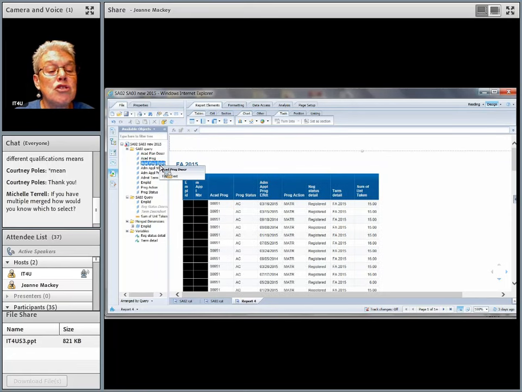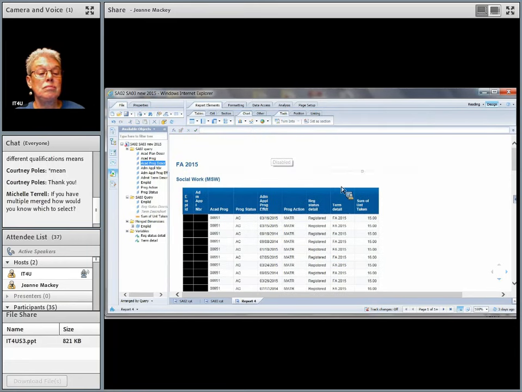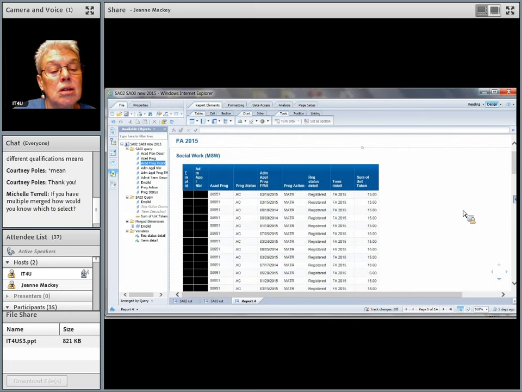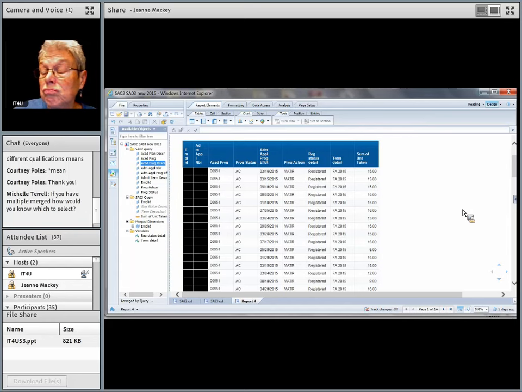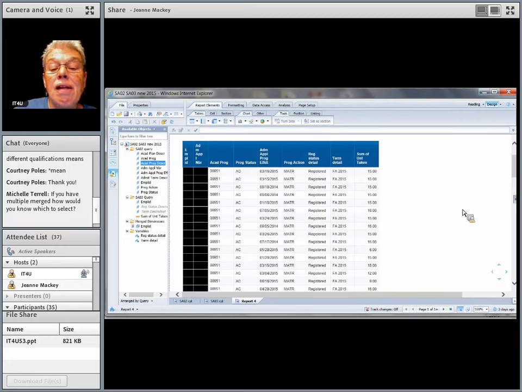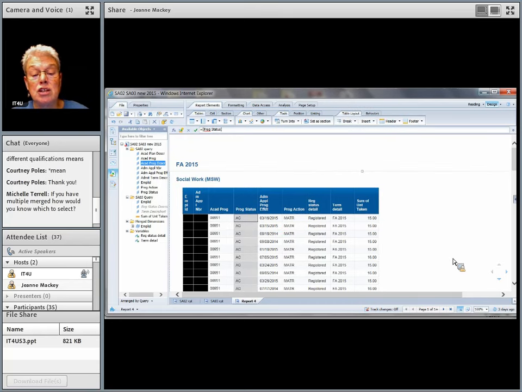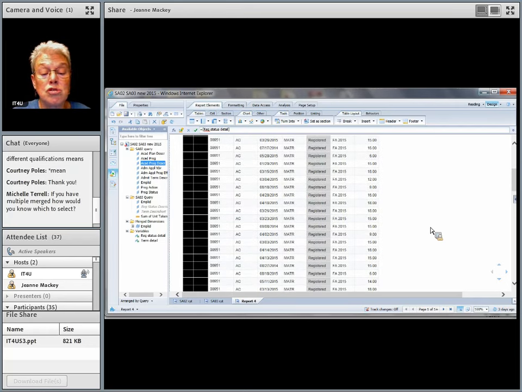And ACID prog desker. I can set that as a section also. And I could take a look at the status, like is everybody registered? I can put a count on this.